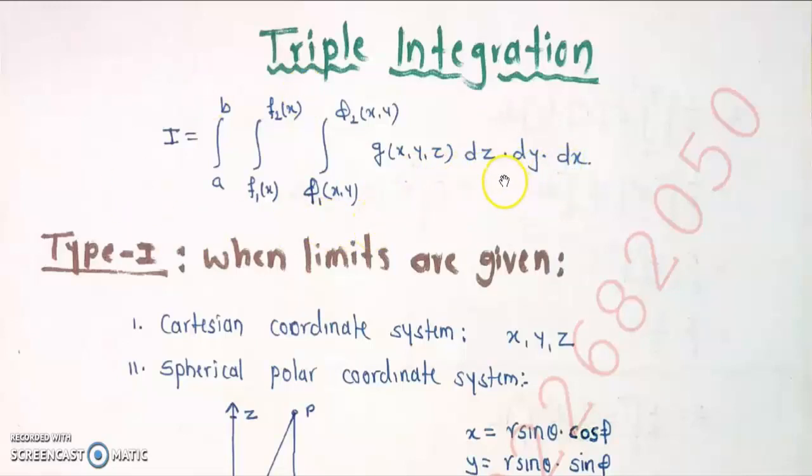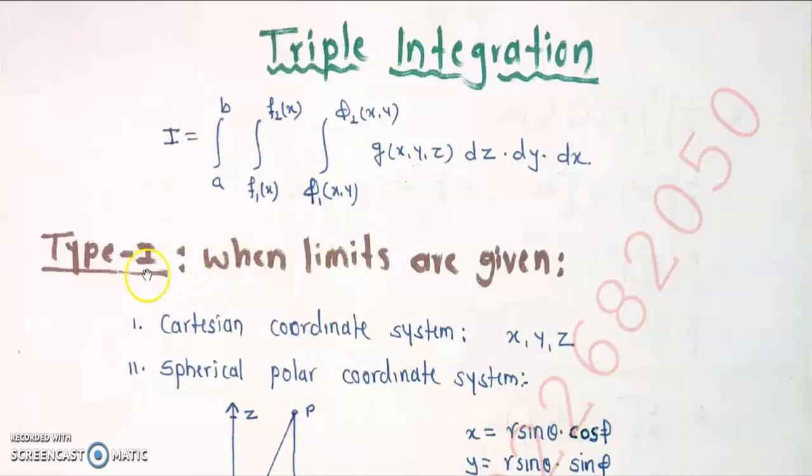One thing to observe here: I am calling this the first integral, this the second and this the third. The first integral limits contain x and y, so they are the limits of z. Curve equations are converted into z equal to form, that's why they are functions of x and y. Once z is solved, the remaining variables are x and y, so the second integral limits are functions of x, so they are the limits of y, and then lastly x. That's why we have z, y and then x as the order of integration.